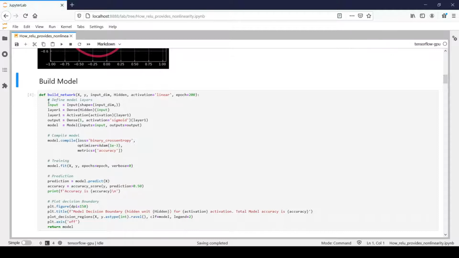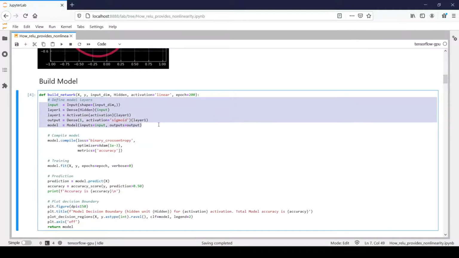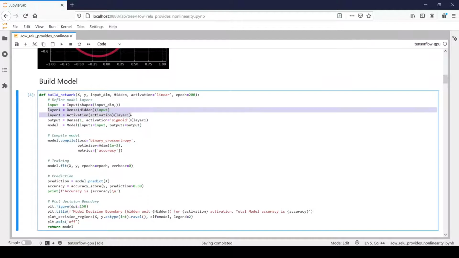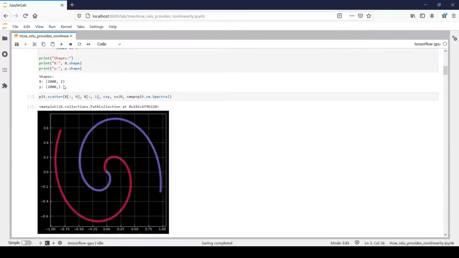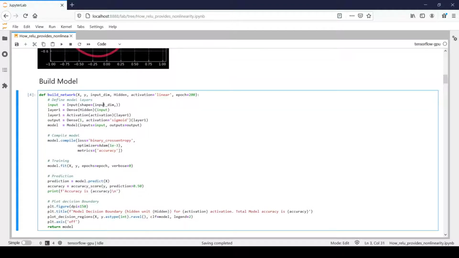Okay. So here I have defined a small function which contains all the logic required for building and training a neural network. So it's a very small neural network which contains a single hidden layer, right? And it has one input layer and one output layer. So you can see that I have defined an input layer which will have dimension as input dimension. So if you look at the data, we have 2000 rows and it contains two features. So that means my input dimension would be 2, right? So that's what it means.